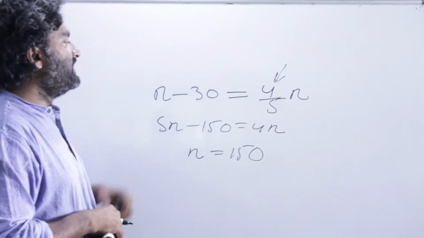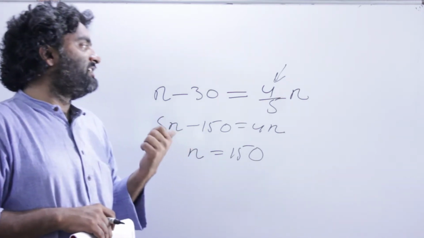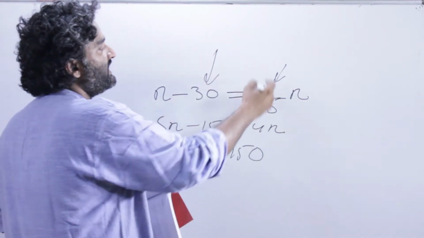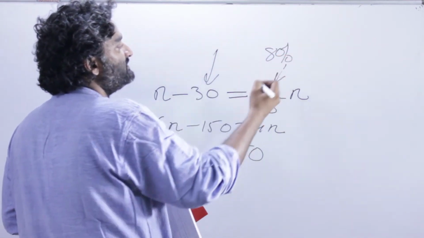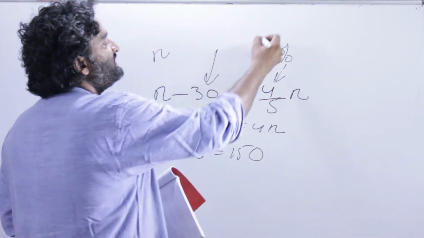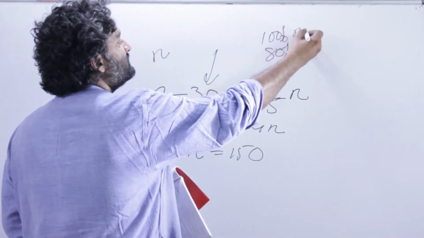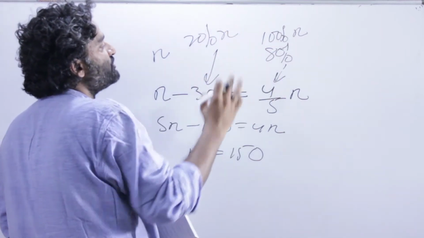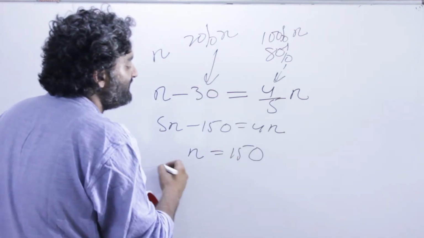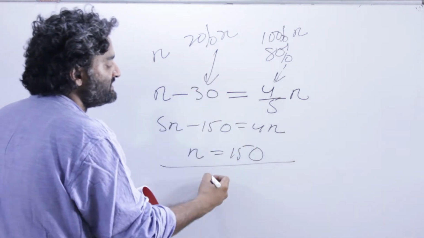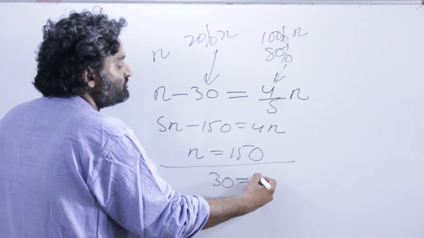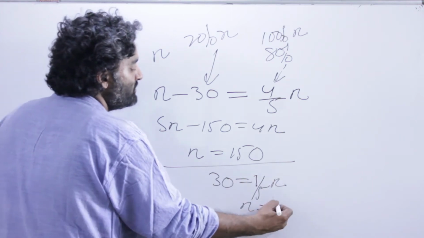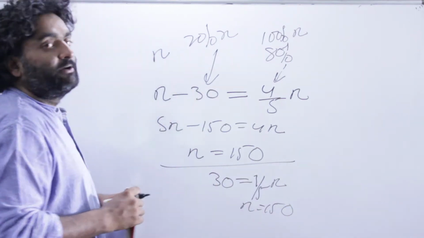Now the other way of doing this problem could have been, we know from the number something is subtracted, and what we are getting is 80%. If nothing was subtracted, we would have got 100% of the number. So what has gone missing? 20% of the number has gone missing, right? So I could have made a very different equation where I could have simply said this 30 is equal to 20%, which I know is 1/5 of the number. So n is equal to 150. That would be another way of doing it.